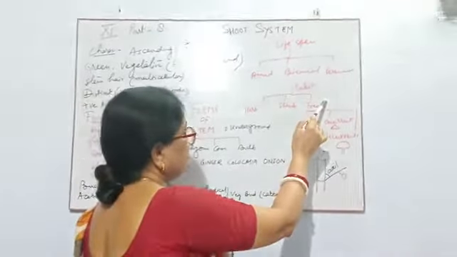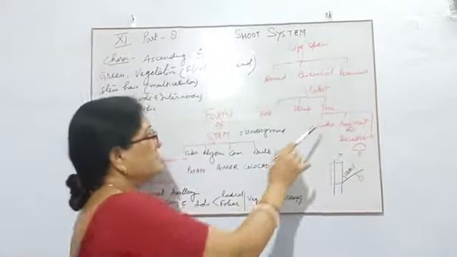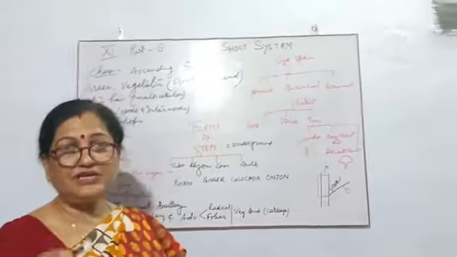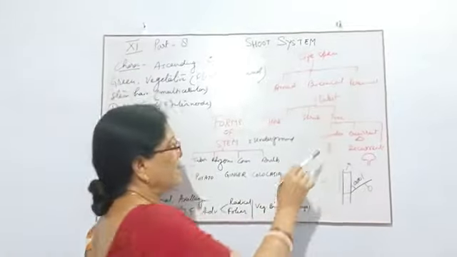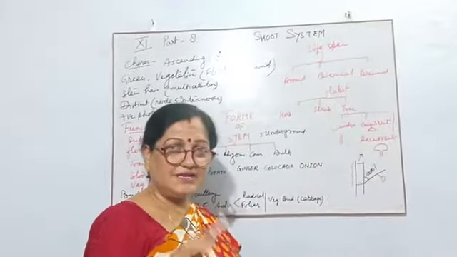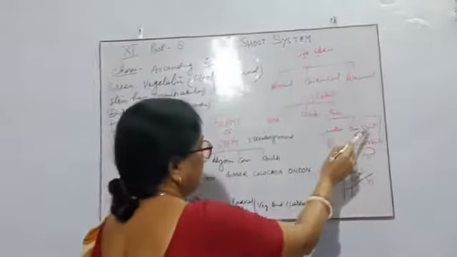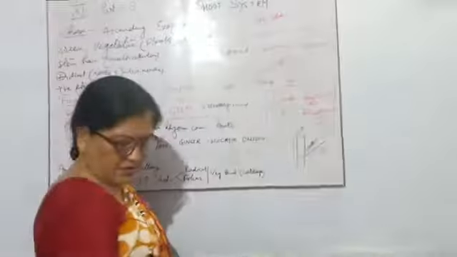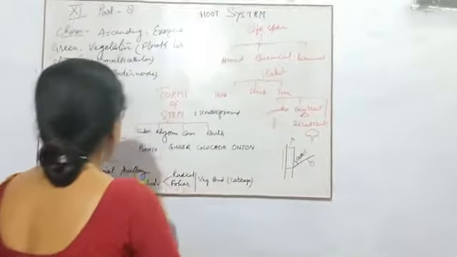Third one is tree. Trees, as you know, are mango, neem, peepal, all these things. Tree means they have a woody trunk, not a thin stem, and they have more leaves on them. They are also categorized as caudex, excurrent and decurrent. Children, as the name suggests, caudex. Caudex means